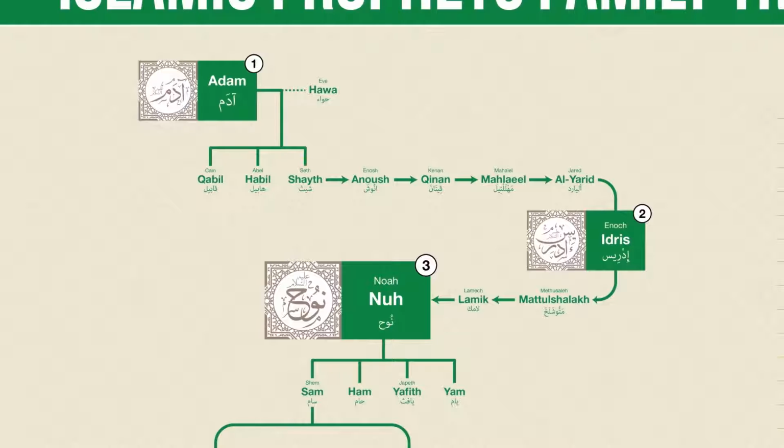Now, in my video about the Bible's version of this tree, a lot of people asked, if Adam and Eve were the first humans, who did Seth marry? Well, according to the various Abrahamic traditions, Adam and Eve had many other children beyond those listed by name, and therefore Seth would presumably have married one of his sisters.